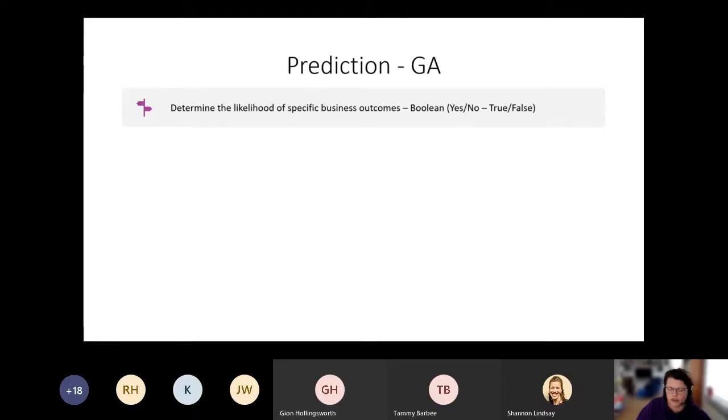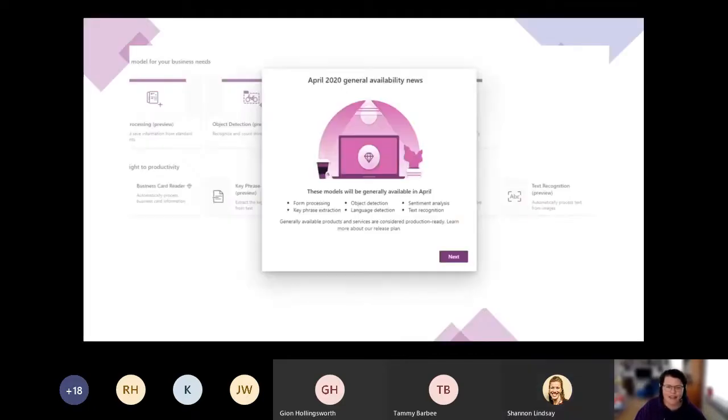The current trial preview models you can use without a license, but they will become generally available very soon, meaning next week, because that was the other question. Oh, wow. Okay. So I had this prepared. When you are going to use AI Builder, you get this pop-up that states April 2020.